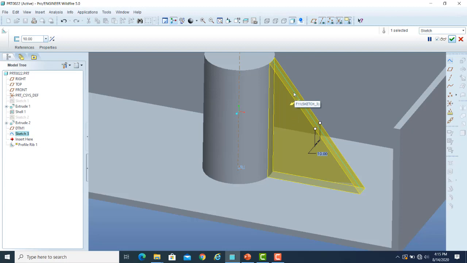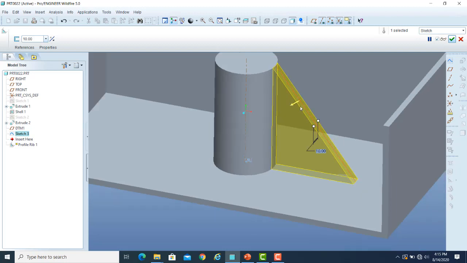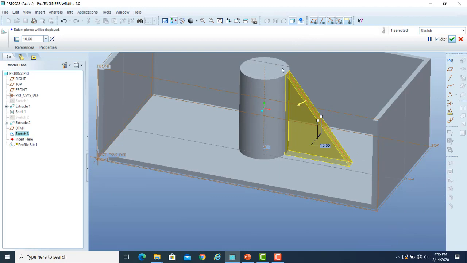So simply you can say that the rib that comes to you will be parallel to the sketching plane. And what was your sketching plane? This datum plane that you made, it was in this direction, this plane. So the rib generation will be parallel to that. If you want to make a rib feature